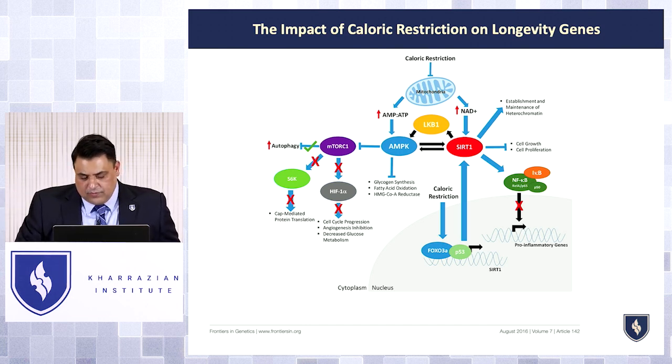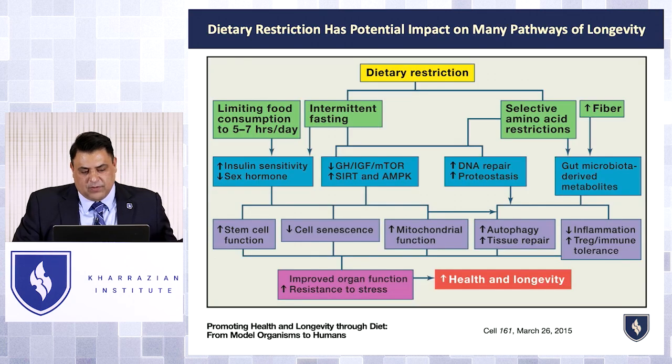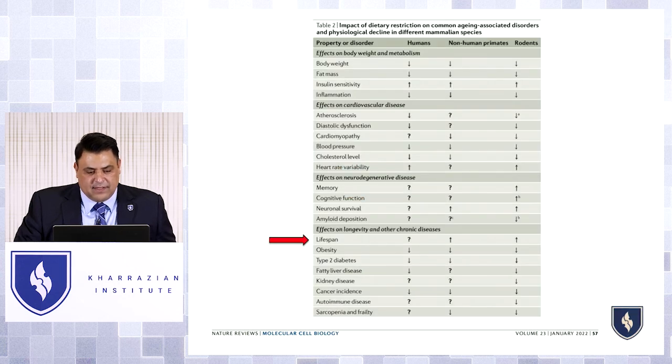And again, the thing with caloric restriction is an impact on the mTOR pathway, AMPK, and sirtuin pathways, that all seem to change when people go on time-restricted feeding or dietary time-restricted feeding and so forth. Okay, so that's where longevity medicine has really placed most of its focus. And when you take a look at dietary restrictions and diseases of aging altogether,